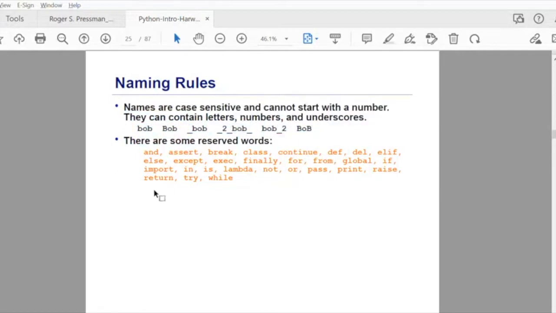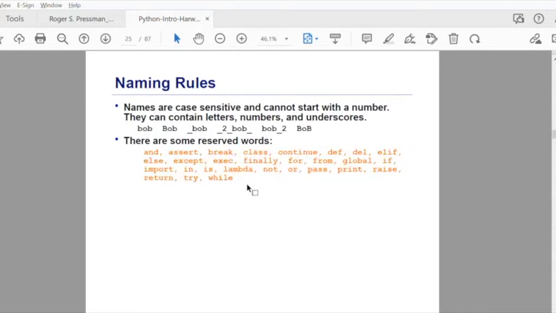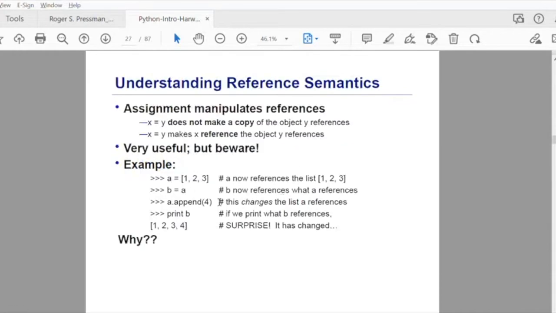When you're naming variables, one thing you should keep in mind is you cannot use reserved words. These words here cannot be used while you name the variables.